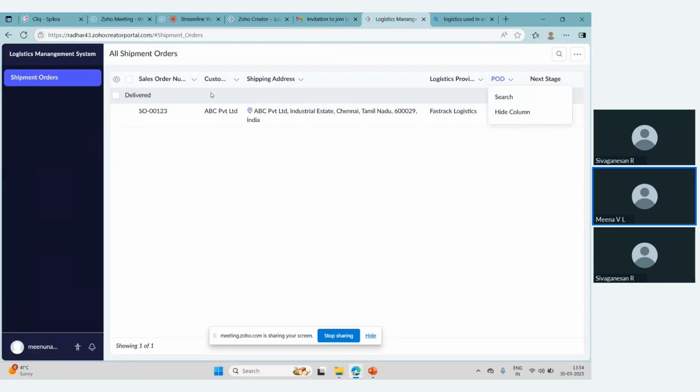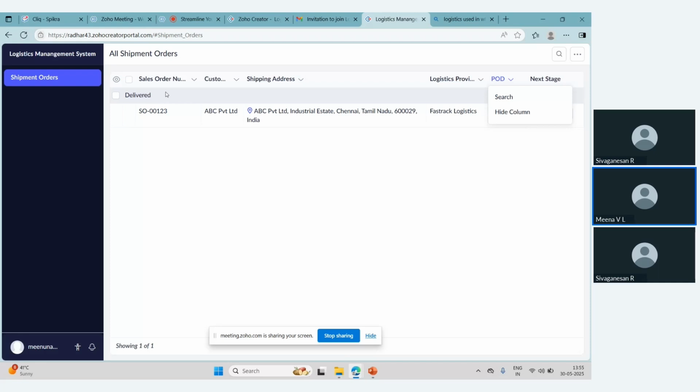What I want my logistics partner to view is all the shipment orders that I'm giving to them, only. Because I am from Fast Track Logistics, I can see only the shipments that have to be delivered by Fast Track Logistics. I should not be able to see the shipments that have to be delivered by some other logistics provider, right? So that data accessibility you can set.